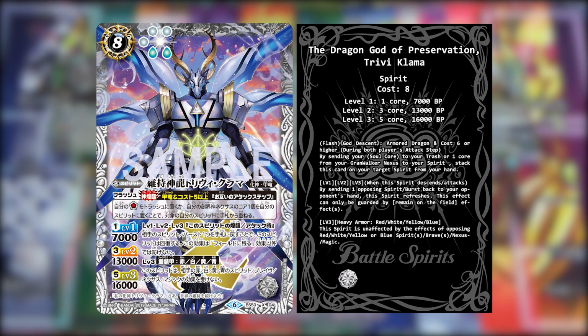Okay, so during either player's step, it's either you send a soul call to the trash or one call from a Groundwalker Nexus to the spirit, and then you can do your descent. Okay, so its normal abilities are level 1, 2, and 3 when this spirit descends / attacks. By discarding one opposing spirit, bursts back to your opponent's hand. This spirit refreshes, and this effect can only be guarded by